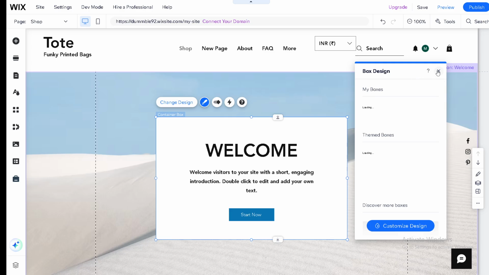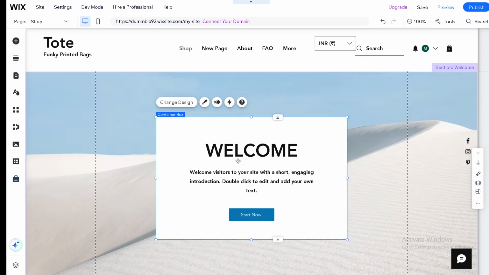There it is. And just like that, you have successfully created an attractive hero section for your website with Wix. Remember, the more you practice, the more natural it becomes. So keep practicing and keep